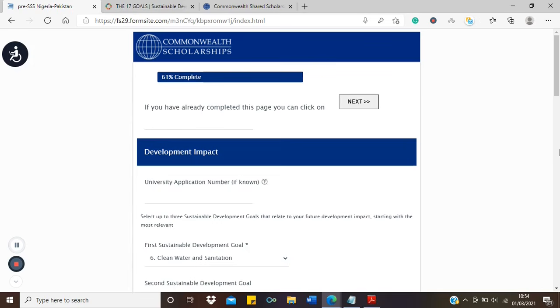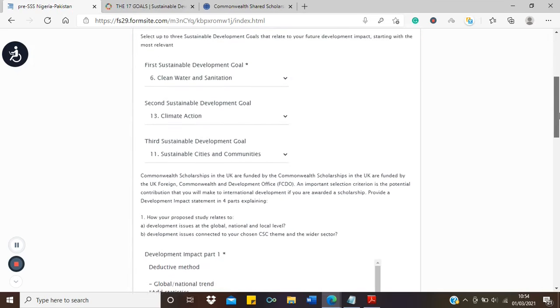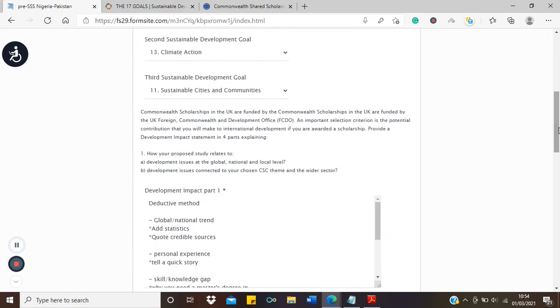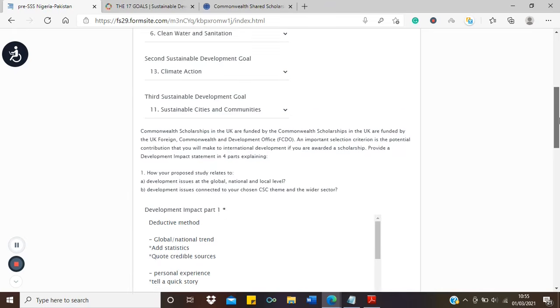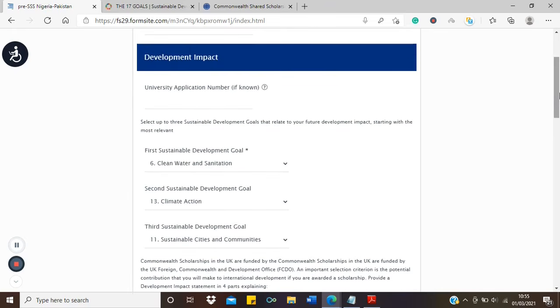So the first essay here requires you to write how the course you intend to study relates to development issues at the global, national, or local level. And then secondly, how the development issue or issues you're interested in is connected to the core themes of the Commonwealth Scholarship. But before we go into the essays, we are told here to select